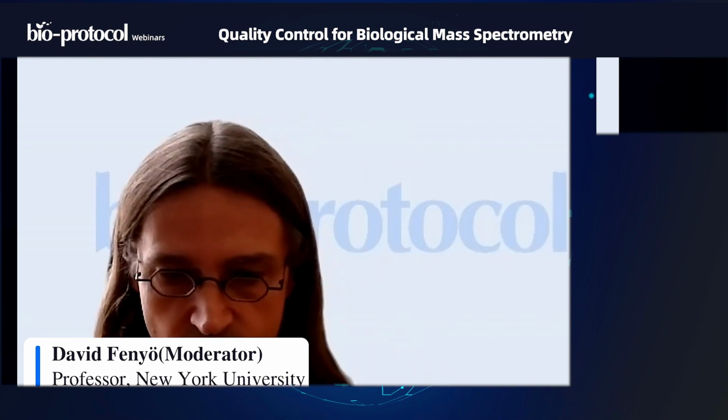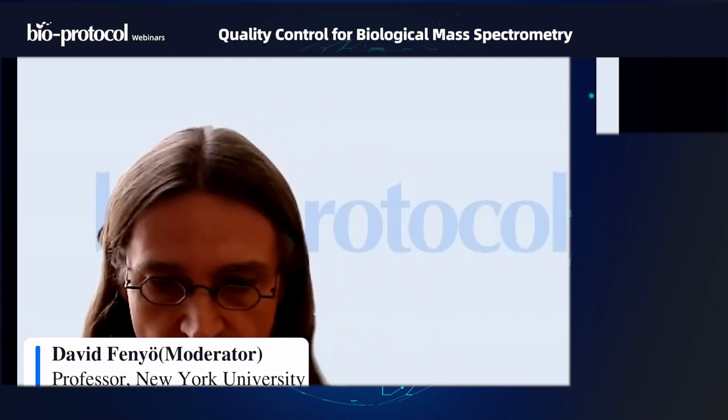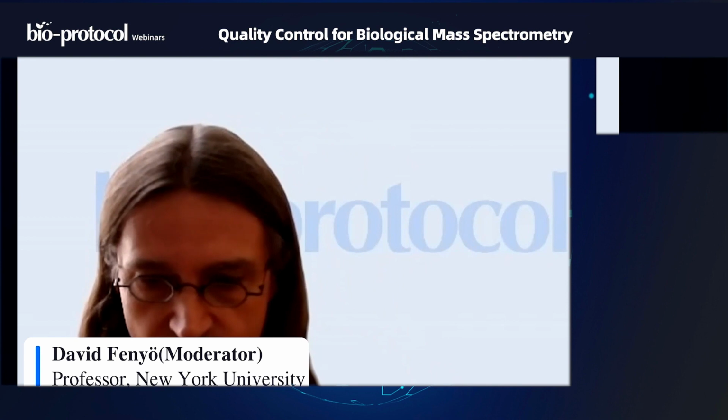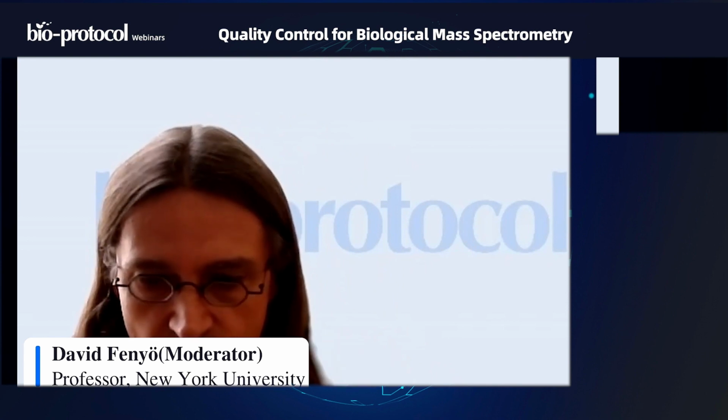Maybe let's start with this. There's 2 questions in the Q&A. So let's start with the first: I have soil metabolome samples collected in batches. I'm planning to analyze immediately as they're collected because the number of injections are large. In this case, what could be the best QC approach?